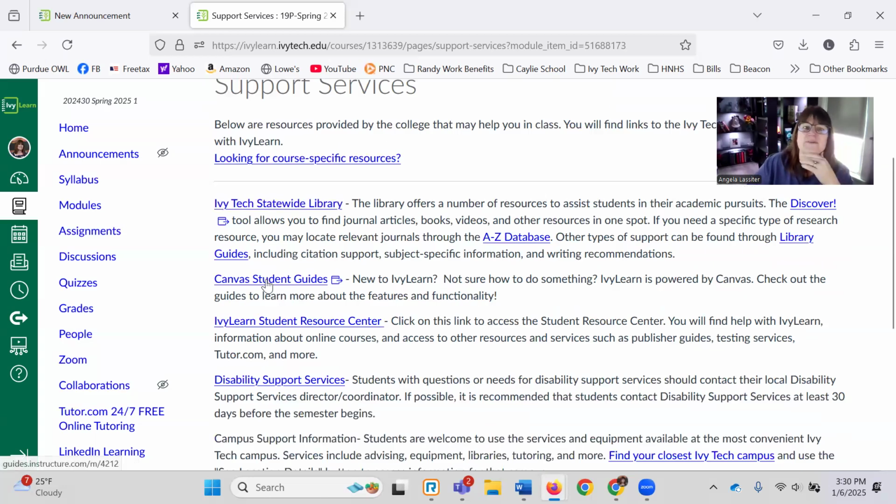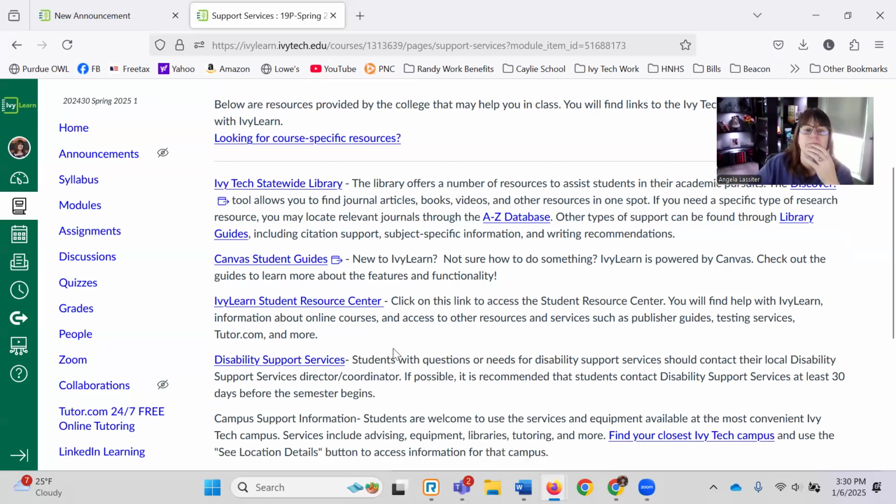And there is a Canvas student guide. If you don't know Canvas that well, this will walk you through it and teach you everything you need to know. The Ivy Learn Student Resource Center will help you find anything with Ivy Learn, information about online sources, and access to other resources. So please don't hesitate to go into that.